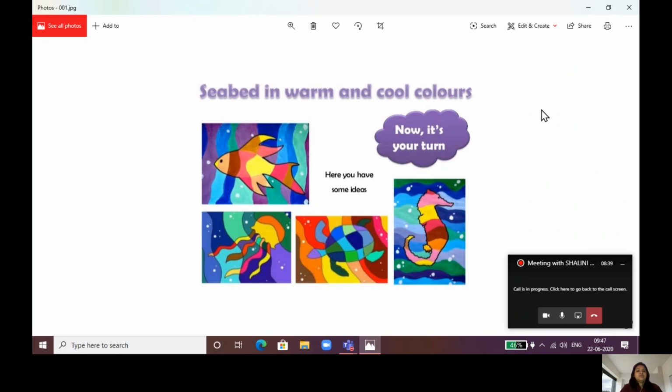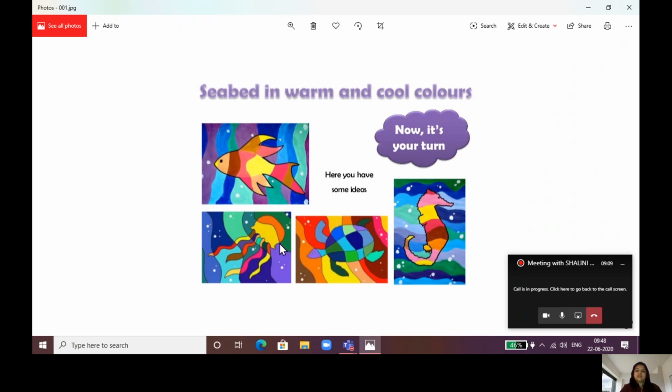All right. So as I mentioned, today we are learning about the warm and cool color scheme. I thought I would share some ideas with you all, like whatever art activities I'm going to teach you today, we're going to follow and complete. But once you finish that activity, you're free to explore this cool and warm color scheme in any other artworks.